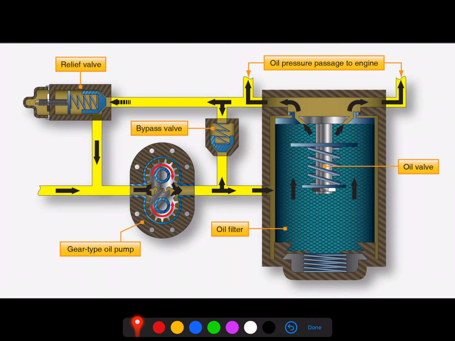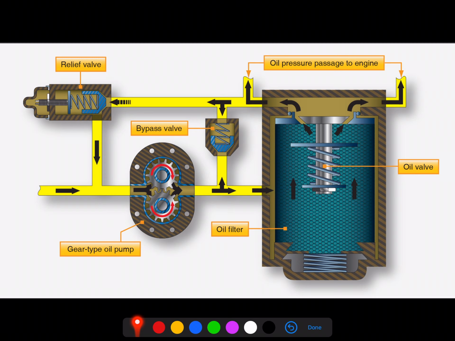The way that this is regulated is by this relief valve. Now, in this case, the relief valve has a tension spring which is being held under tension by this adjustable screw. This adjustable screw allows us to change the operating oil pressure of our system. Effectively, as oil is pumped through, any excess pressure will return to the inlet side of the pump by means of, when we reach a certain pressure, this relief valve will open up, allowing oil to return to that inlet